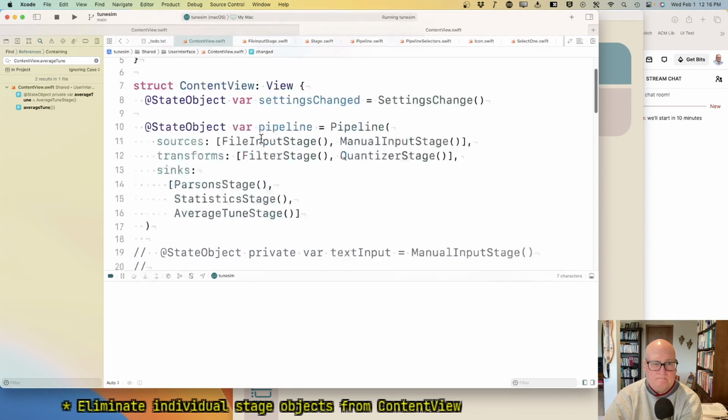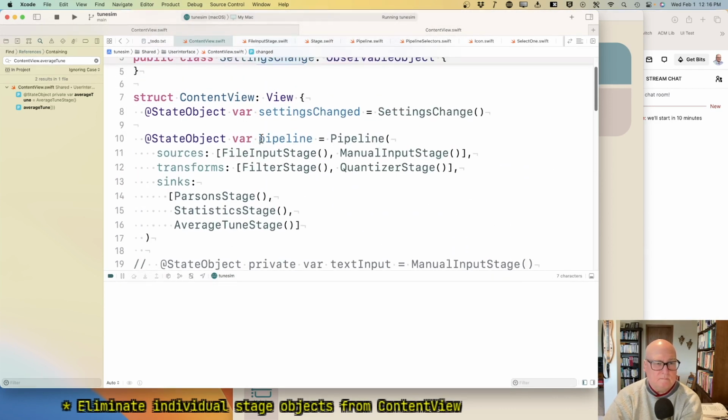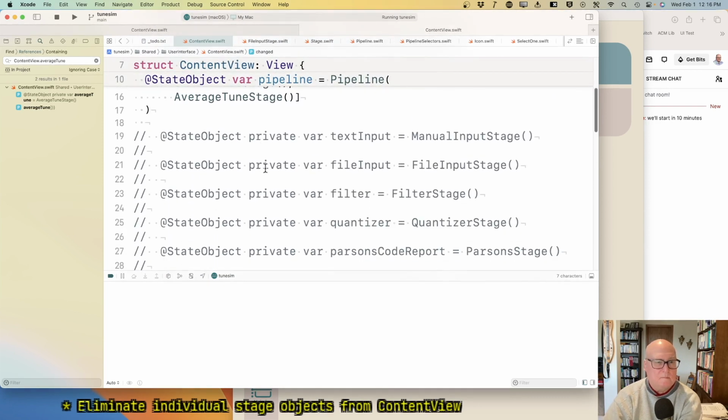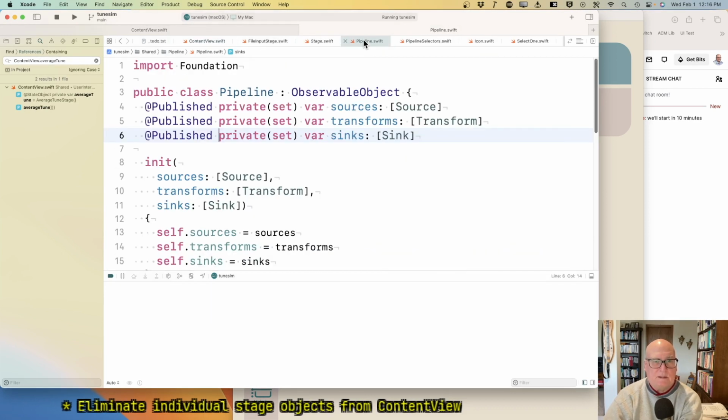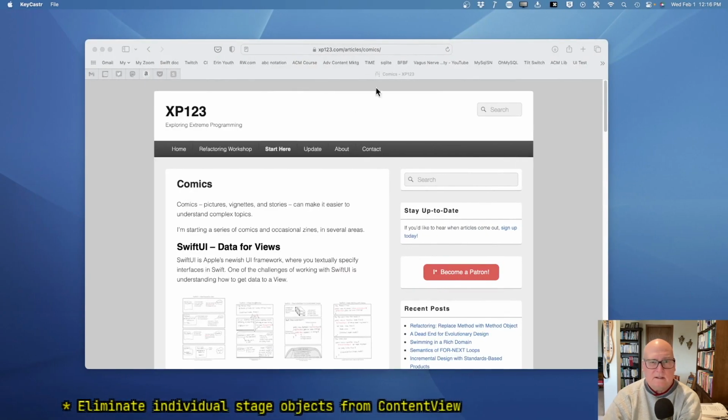And the odd thing is, I don't want pipeline to know the specific things being given to it. It's just working with them. Okay, let's see if there's